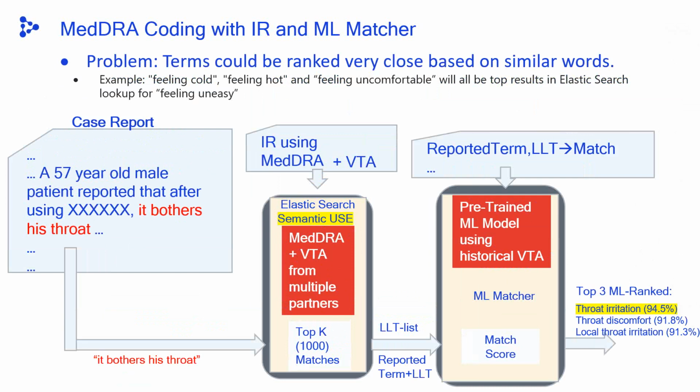So we get that short list, and then the ML ranker is again trained the same way. It is no different, and it is able to bring the most closely matching one out of this shortlist. Now that we have semantic shortlisting also in this, you get really good at getting the right term, right? This is where we got the best performance using this algorithm. So it also gives you the score. Essentially, this match score is what I put in the parentheses here, throat irritation at the top with 94.5%.